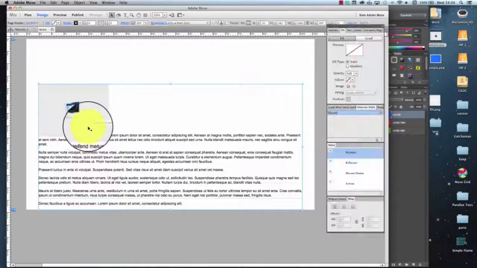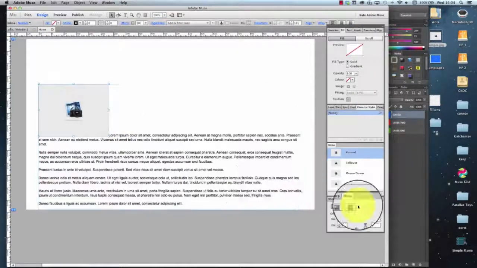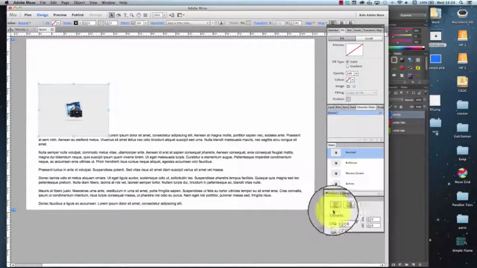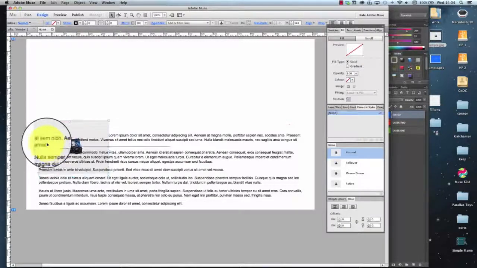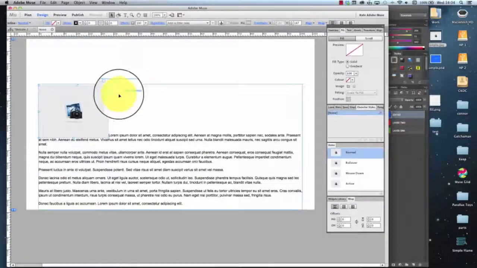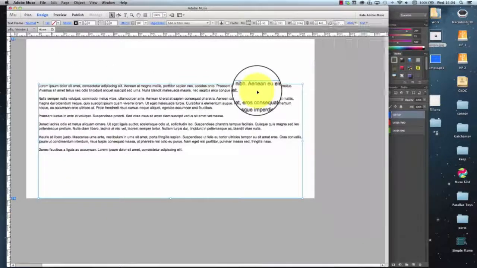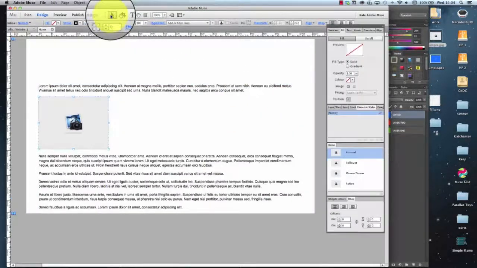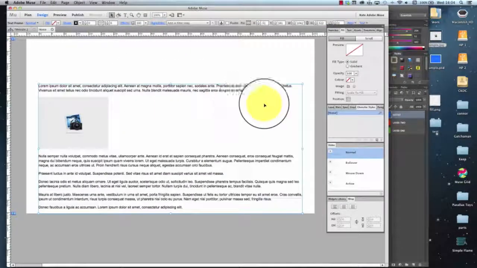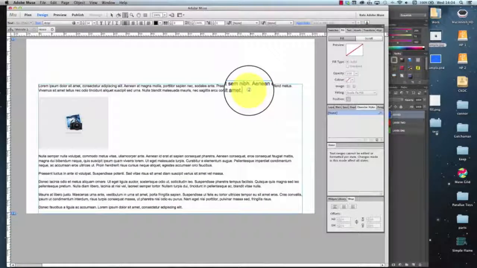Now as you can see, it's been pasted in the area here, but it's not how I want it to look at the moment, and that's where the wrap panel comes in. So if I select the image, my wrap panel becomes active, and currently you can see that the position is set to be in line with the text. Now that's useful. If I bring this down, if I cut that out of there, and let's say put this image here, what's useful with that is that the image will